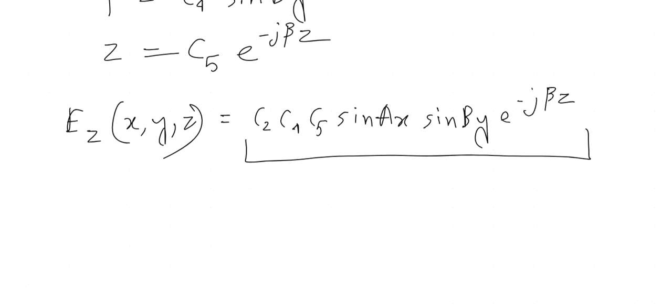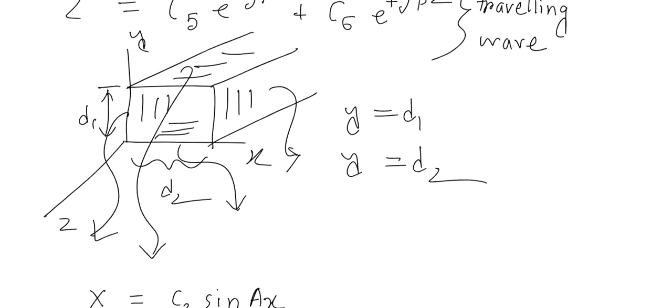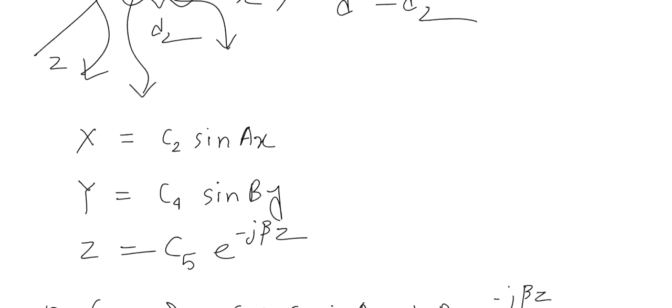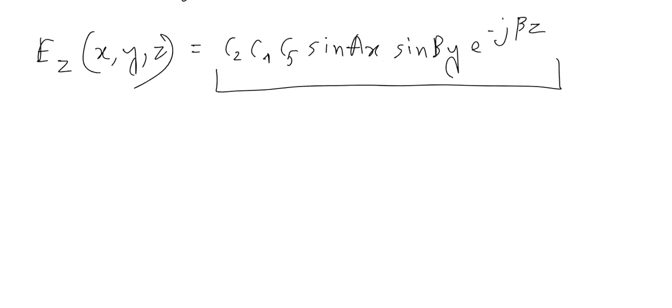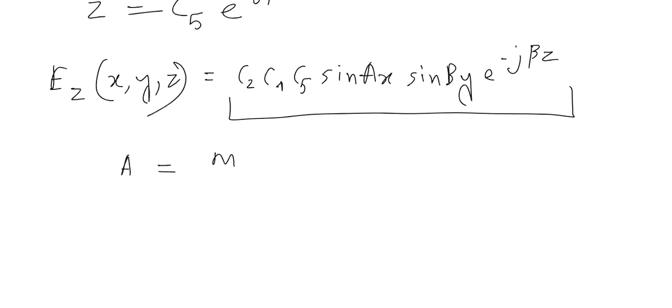And since the electric field parallel to these plates are 0, from there, just like the parallel plate waveguides, we can get that A equal to and B equal to